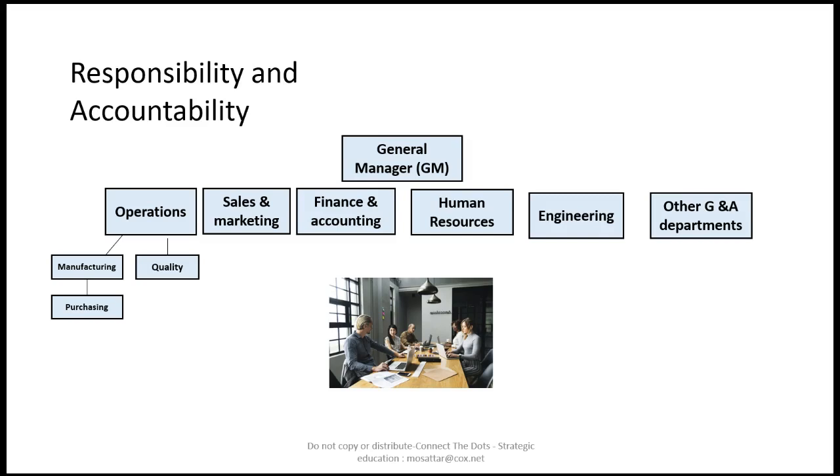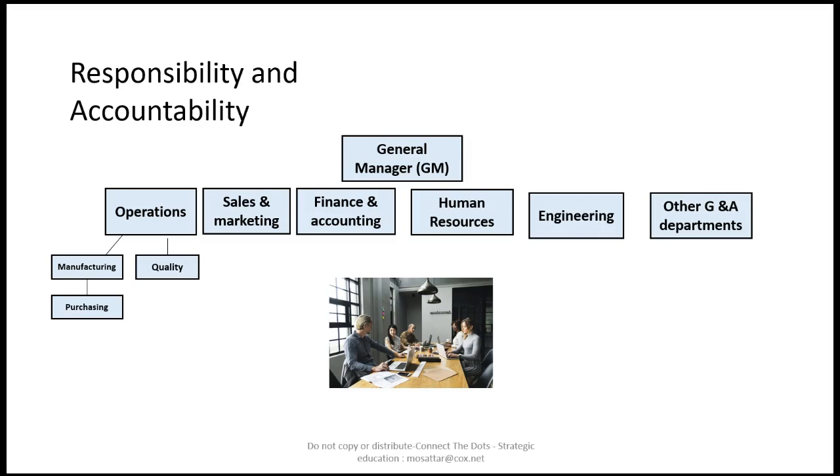So the majority of the common denominators are going to be the same, but if you ever have a chance to reflect on the organization and the company you work with, you will start to see there may be little differences. For example, some companies may not have a high content of engineering, so they may not have a separate box. It could be small enough that they can put it under operations, for example. Some companies may not have a huge operations function. They may be more design-type companies, more focused on design, so they may not have an operations box by itself. It could be buried under some other function.